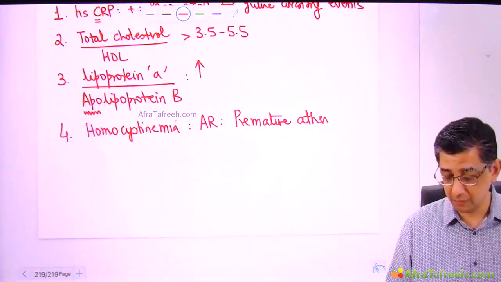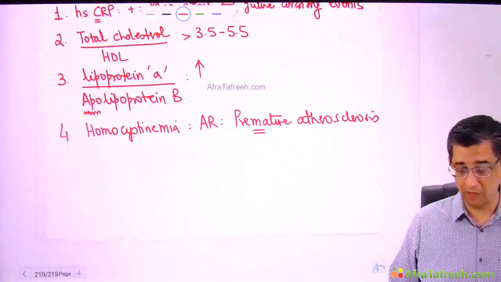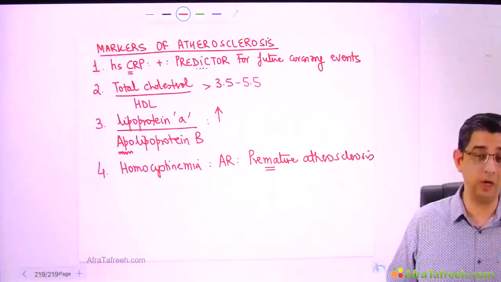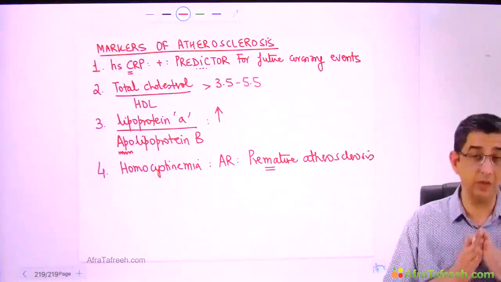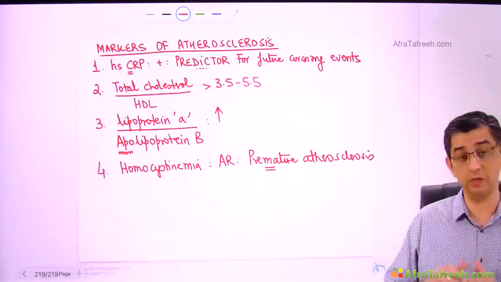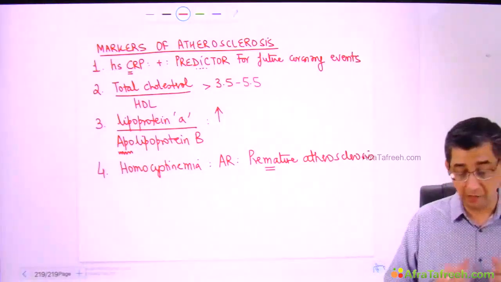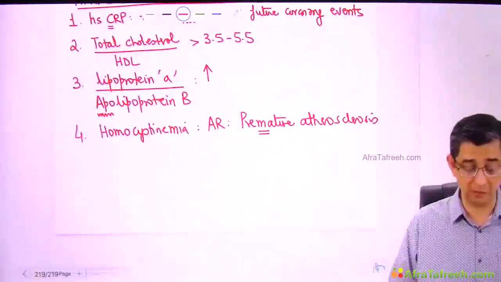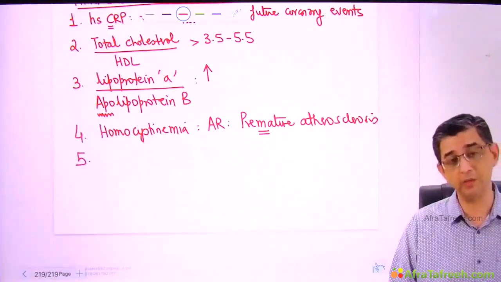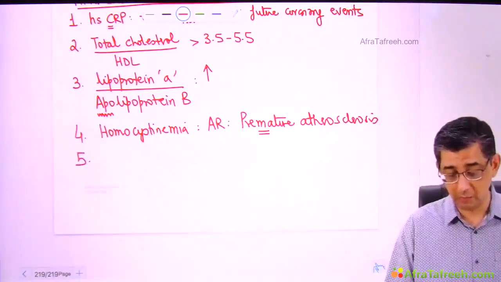And the word of caution from my side at the moment is that I have seen a lot of people messing up in the MCQ. One is going to be predictor versus premature atherosclerosis. You can see the words are overlapping, but they have a different meaning per se. So if you get a question that says what is the predictor for future coronary events, like a young guy 25 years of age who wants to know will he develop MI like his dad at 55, it is high sensitivity CRP. If it's going to be premature atherosclerosis, I gave the example of Saurav Ganguly sir, that's going to be homocystinemia, and we definitely have a strategy to counter that as well in the form of vitamin B6, B9 and B12, and the treatment for that will definitely be talked about subsequently.